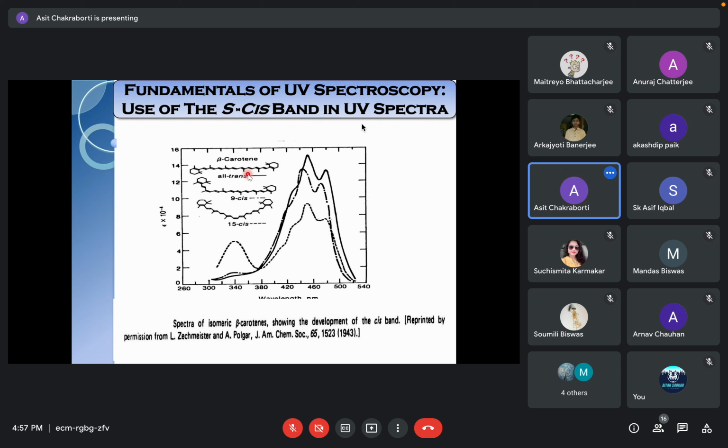How to determine that? Not only can you determine whether all-trans is there, you can determine the position also. When you take beta carotene, it is all-trans, a completely flat line over here. This is a perfectly centrosymmetric molecule. Now here in this double bond, this is called the 9 double bond, that becomes a cis. So there is a tendency to have this band. Depending upon the position and intensity, you can determine its position also. When you go to the 15-cis position, it is a completely non-centrosymmetric molecule, so you can get this band. So depending upon the UV, you can determine the stereochemistry also.